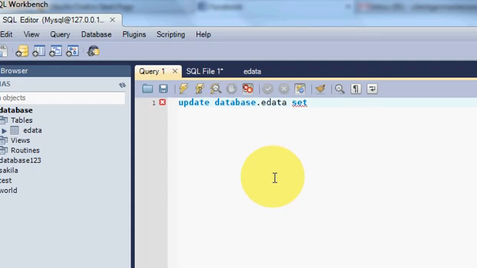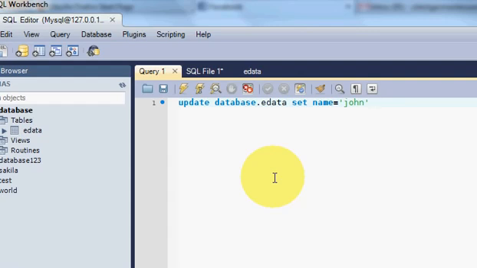So column name is name and is equal to the new name you want to update. So I want to update, for example, John instead of Mark,